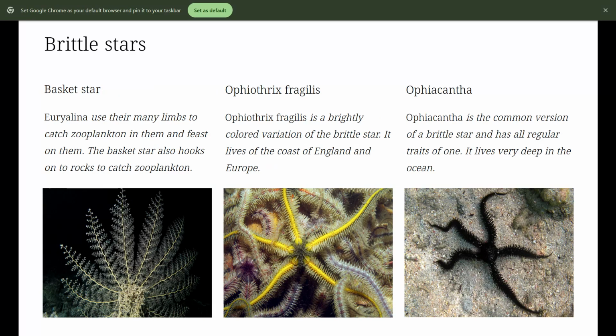Brittle stars. So, like, there are starfish, there are brittle stars. Brittle stars are related to sea lilies. That's what they're called, feather stars, and they come from very, very long ago. An example of a brittle star is a basket star, also known as Urialina, and it uses many